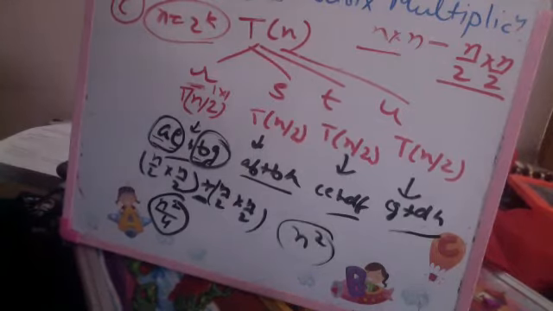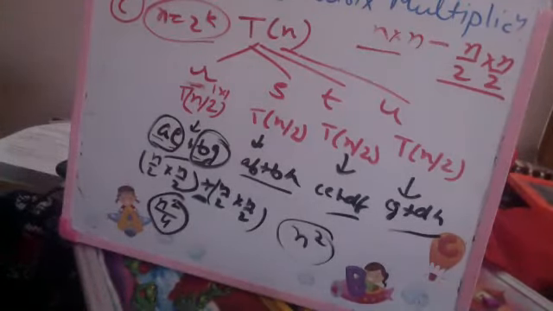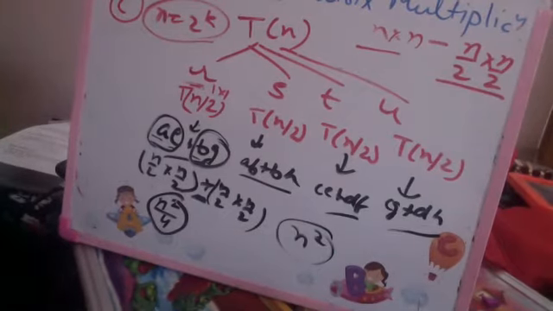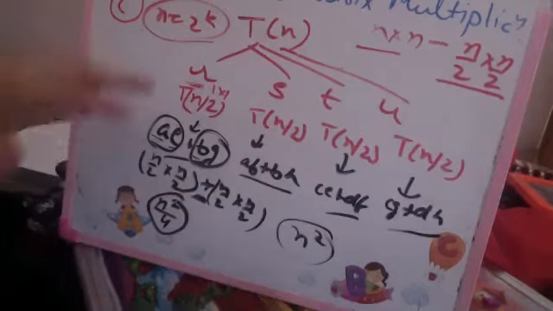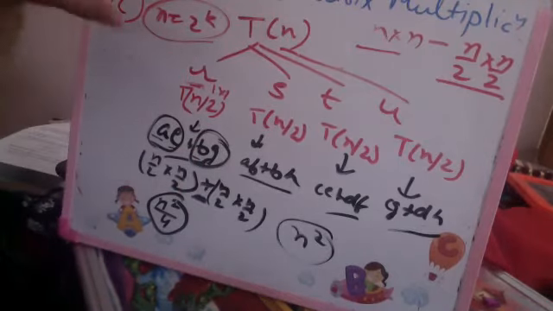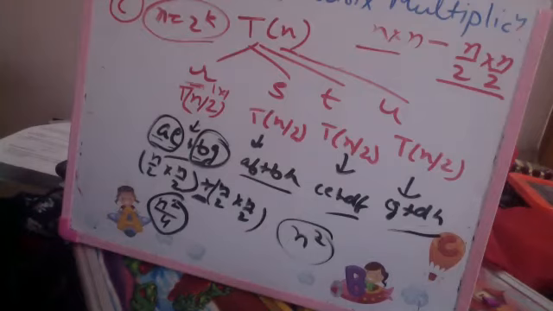Now, if we try to deduce the equation for this, please see that I am actually having calculations of 8 matrices. To calculate Tn, we have to calculate 8 sub matrices, A B C D E F G H. From them we have to get R S T U. Is that okay?